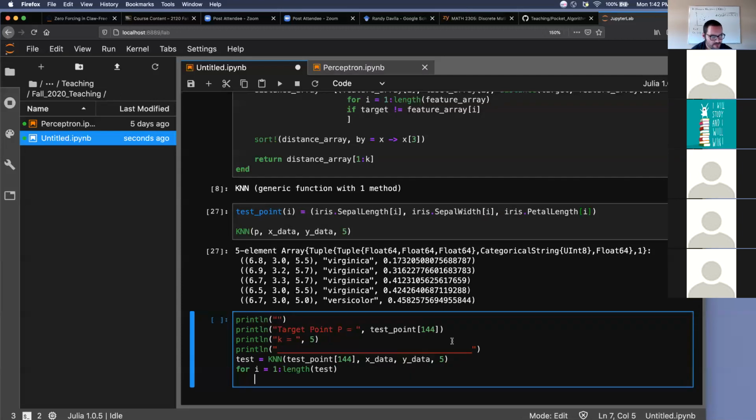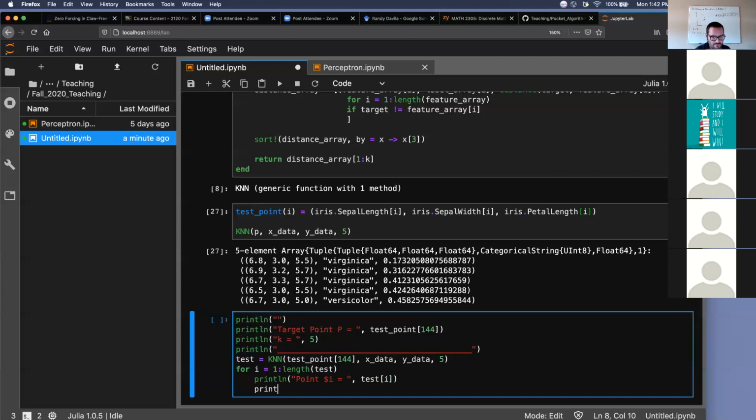And test has already been sorted. Line point, and then we can say I is equal to test I. Line point label equals to test I, and recall that